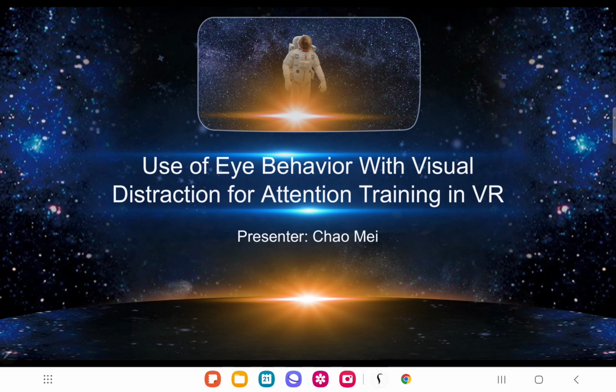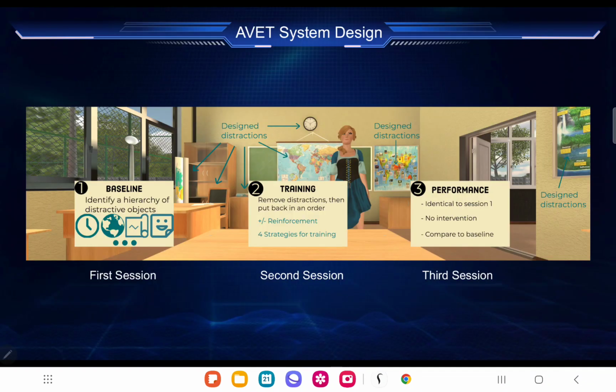So this paper is about use of eye behavior with visual distractions for attention training in virtual reality. And it was conducted with Kansas State University in the US. Let's get started. The system behind all this research is called AVAT, which is the Adaptive Virtual Environment Training